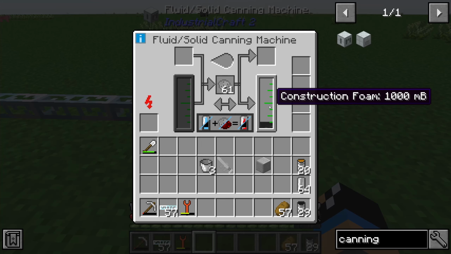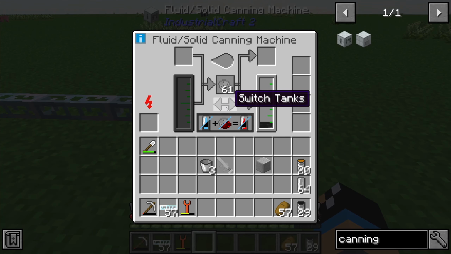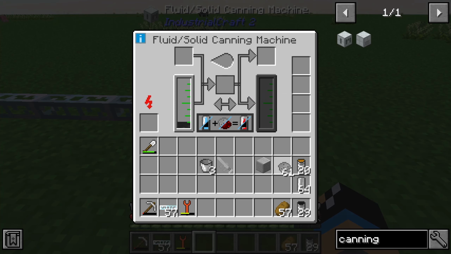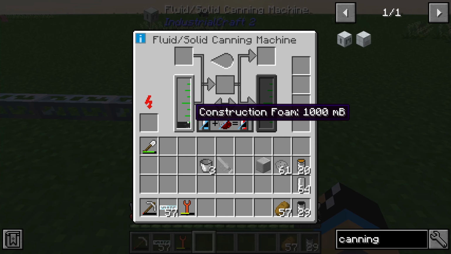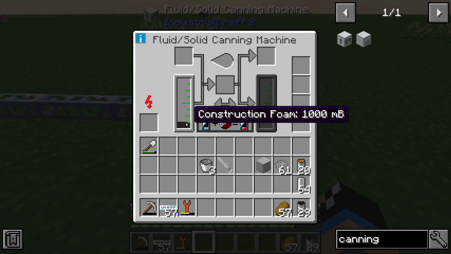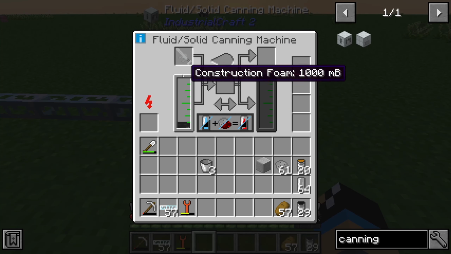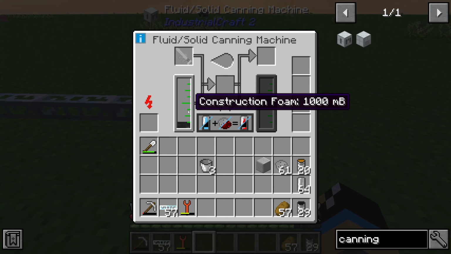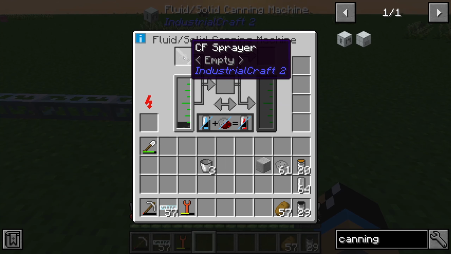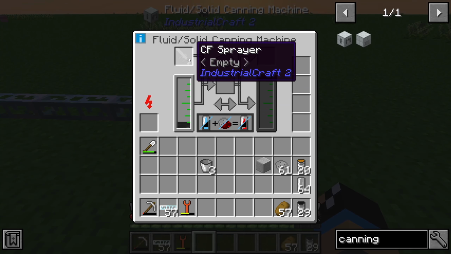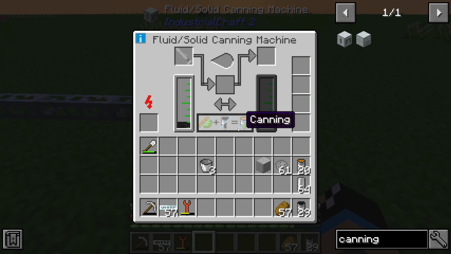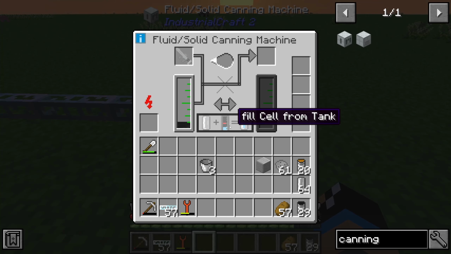So now we have construction foam on the right side, and we need to switch the tank back. You see it. Construction foam is now on the left side in the tank, and we need our CF sprayer, because we can fill up the CF sprayer with construction foam, and for that we need the mode fill cell from tank.